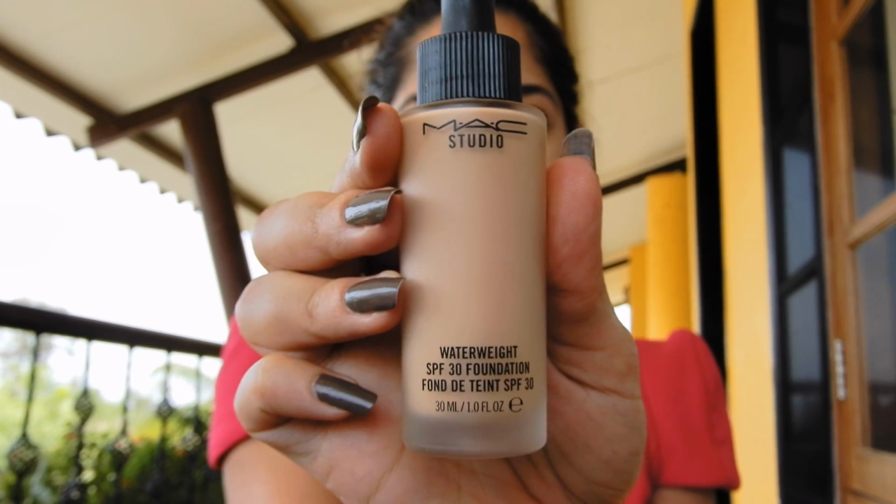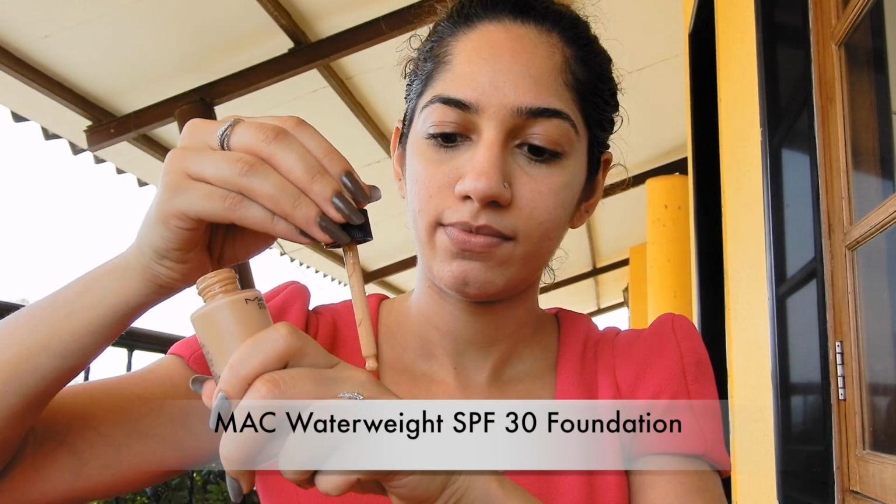I'm specifically starting off with my MAC Waterweight foundation because it's quite sheer and gives it that dewy effect because